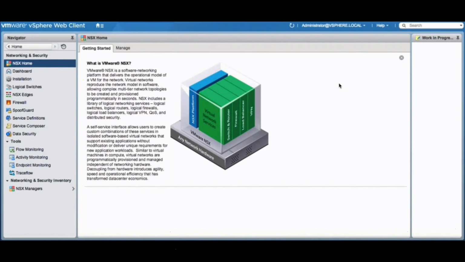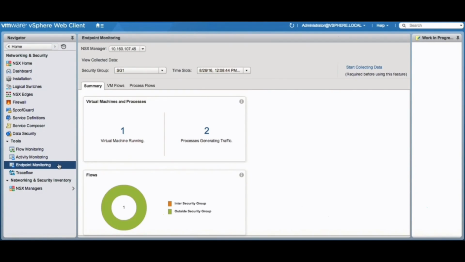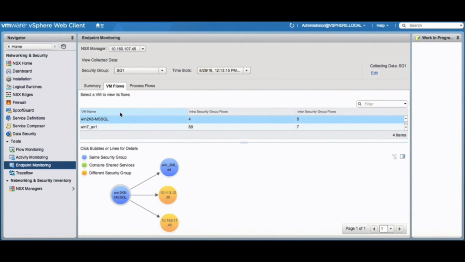First and foremost, we'll log into the NSX UI. We'll go under Tools, Endpoint Monitoring. From here, we can either look at some historical sessions that we've done or initiate a new session to take a look at our applications. So here I've got 4 VMs running, about 9 processes generating traffic, and some classification of flows that are within this security group or going external to that security group. I'm going to dive a little deeper to understand VM to VM communications,